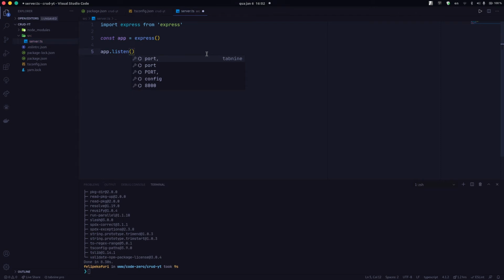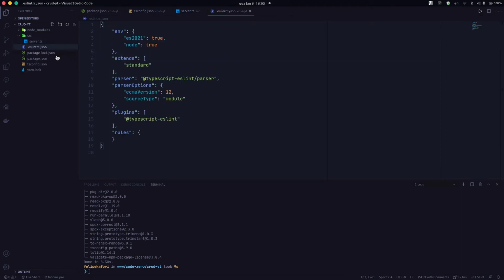and you can just const app = express, app.listen on our port over here, and we can do a console.log: server started on port 3332. So you can leave this over here for the moment and go back to our ESLint